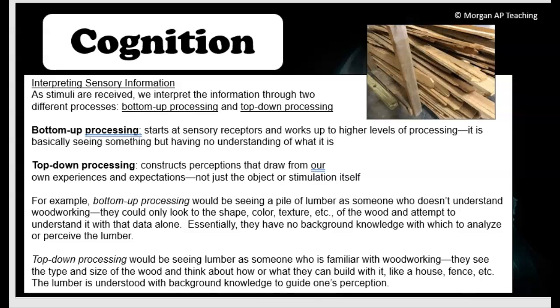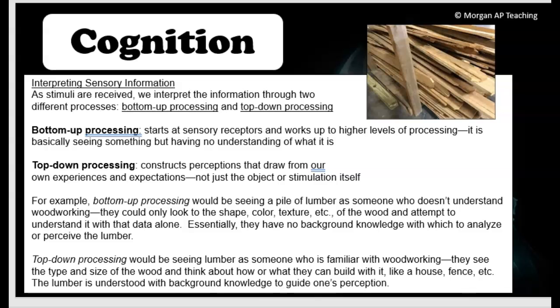So the idea is bottom-up processing is when you look at something that is unfamiliar to you and you try to familiarize yourself with it with things that you know. You know color, you know shapes, you know sizes, you know texture. Top-down processing is when you see something you are familiar with and you can process it at a deeper level. So another example, if you are an electrician in our school and you walk into the EI shop, you're seeing tools that you know what they are and you start automatically knowing, top-down processing, how to use that tool, what to do with it,